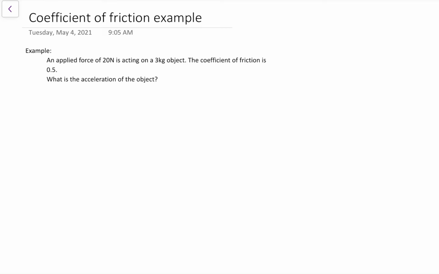Okay, here is a sort of classic, a great starting question to learn about the coefficient of friction. When I solve these, I'm always going to start with the free body diagram and then figure out what I can from there. So for this one, we've got an applied force of 20 newtons. It says there's a coefficient of friction, so I know there's going to be a friction force,